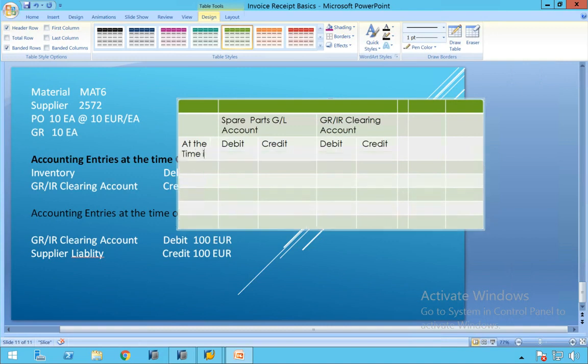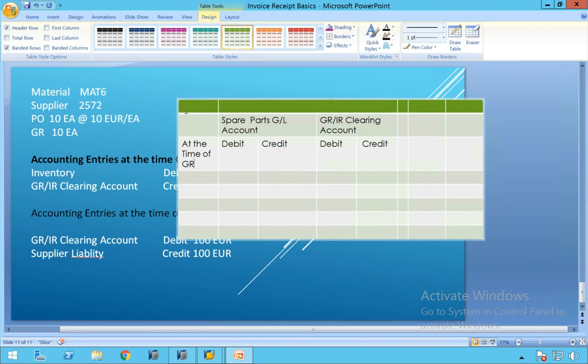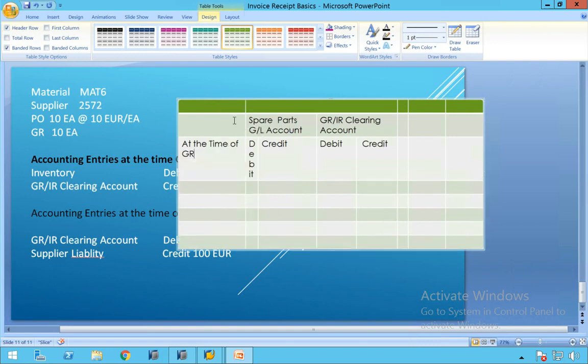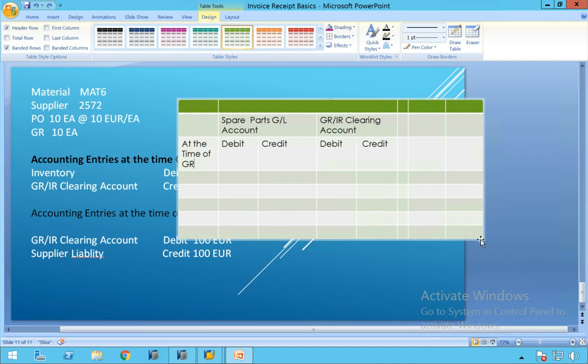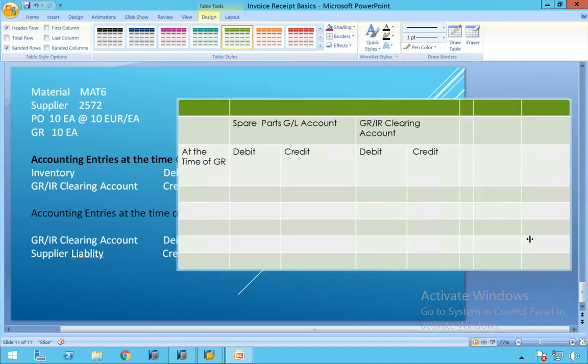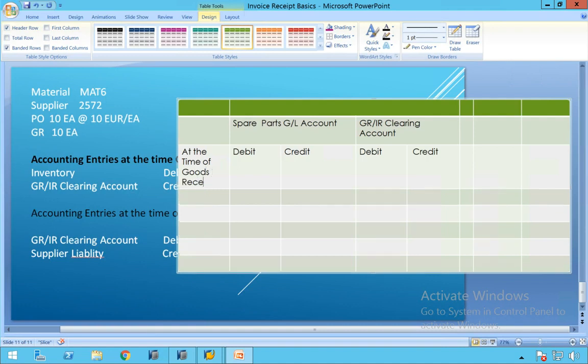GR means goods received. Otherwise, if you are confused, I'll write at the time of goods received.